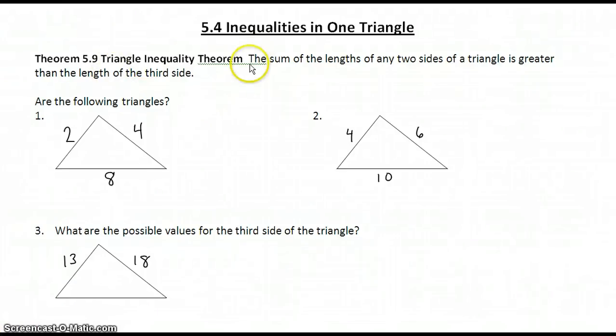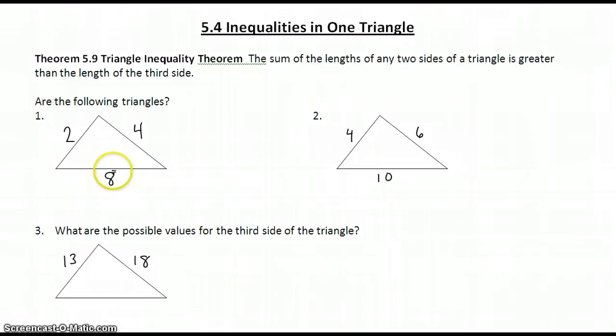The triangle inequality theorem says that any two sides of a triangle have to be greater than the third side. So if we look at example 1, is example 1 a triangle? Well, if we look, it has three sides, so it should be a triangle. But if we examine the triangle a little bit further and use the triangle inequality theorem, we can make our